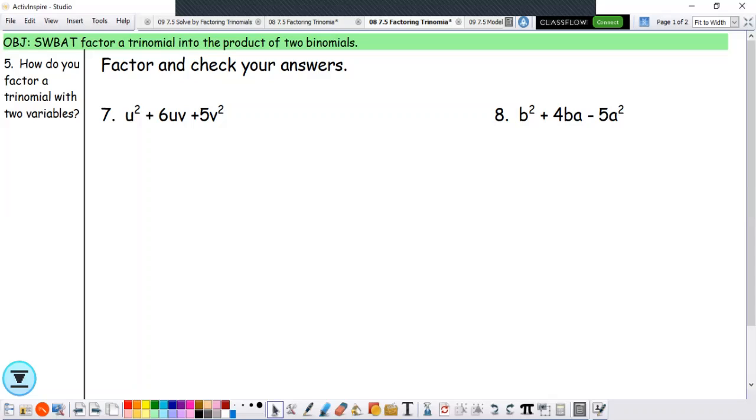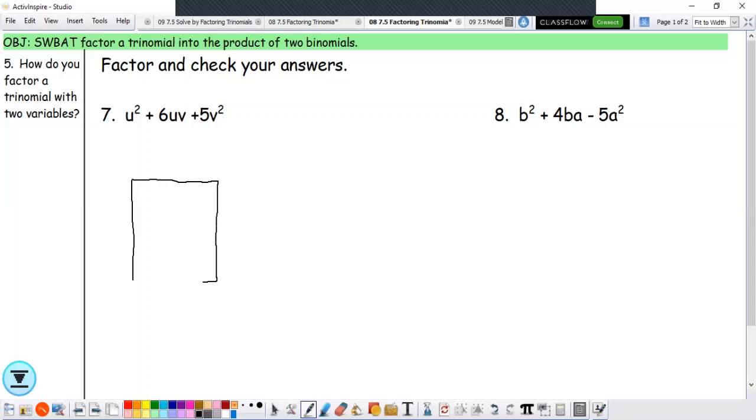Now we've done factoring of trinomials when there's only one variable in the trinomial, but what about factoring trinomials with two variables? As long as it's written so that the exponent is decreasing on one of the variables and then increasing on the other one, we can use the same process for factoring trinomials that we've been using when there's only one variable. I'm still going to create my box,